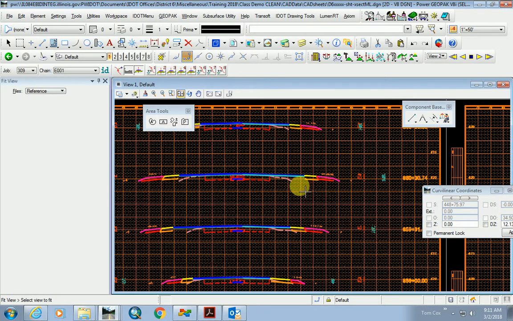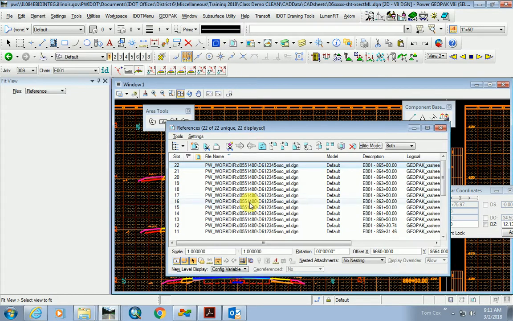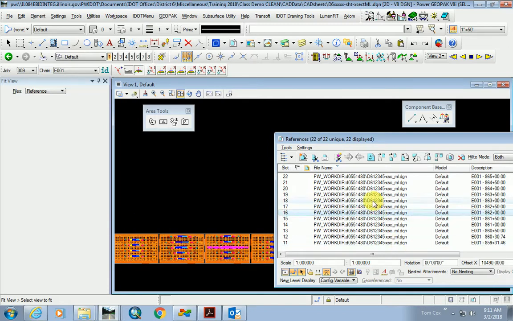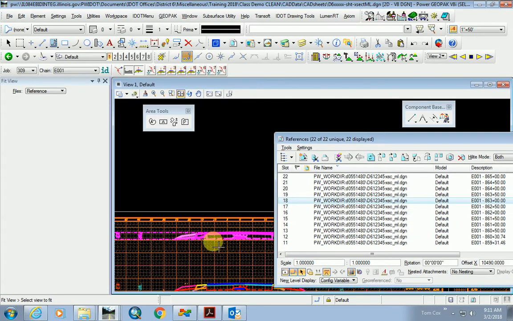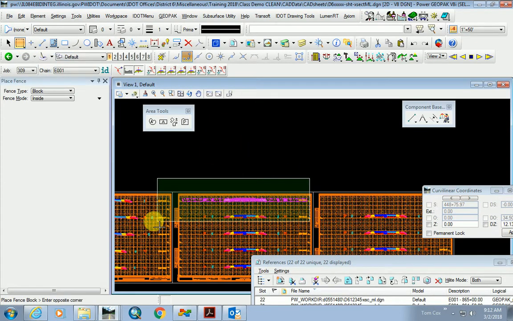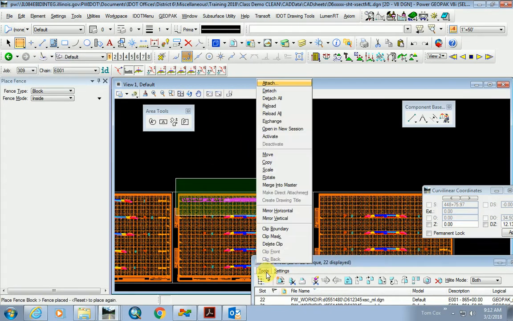I didn't click on all the levels that make up that cross-section, so when it created the reference files, let me zoom out a little bit, it didn't go out far enough. You know, all that is really there. It's just that when it did the clipping,